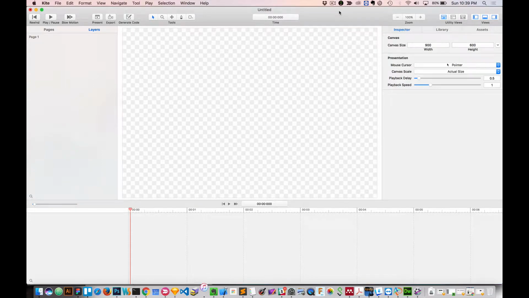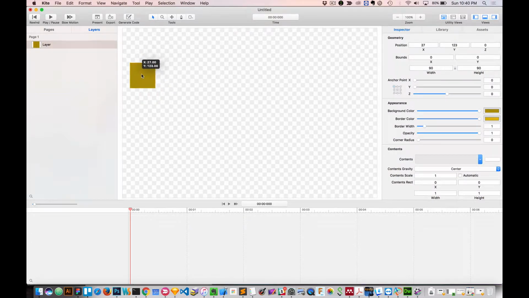Hi, so today we're going to go a little bit over animations. Just to start off, I'm going to click in here, create a basic layer, make a little square. And the first thing I want to do is move this square from here to there. One way to do that is